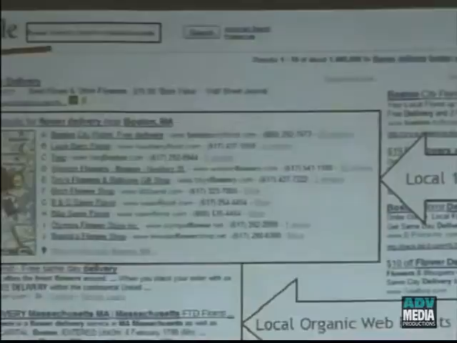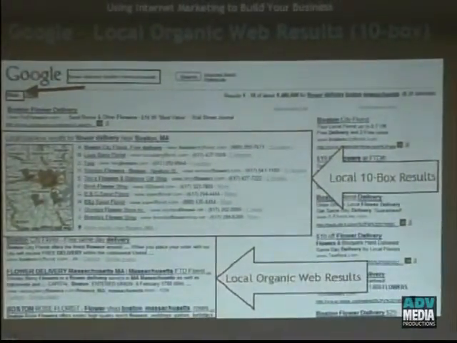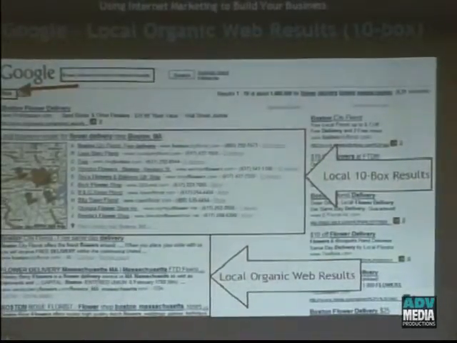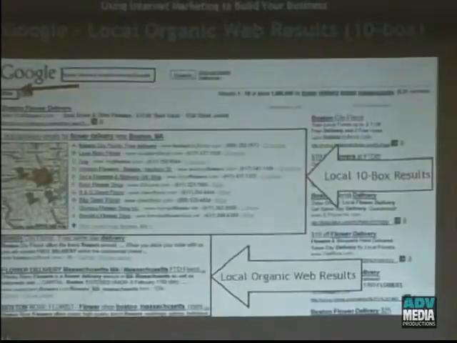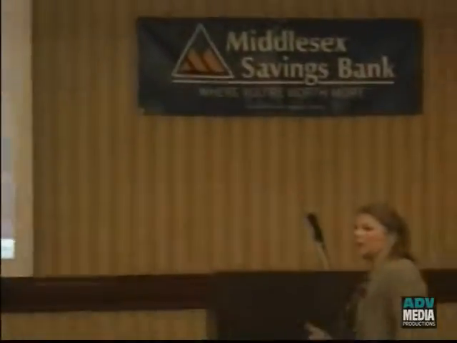So obviously, there are only 10 people that can be in that top 10 box. The question then is, how can you get there? I'm going to share that with you a little later so that you know how to get there. If you don't do a certain number of things, you're not going to be there. It's like that Las Vegas thing. If you're not there, you're not there. And whoever is working with you, if they haven't placed you there, you're not going to be there.